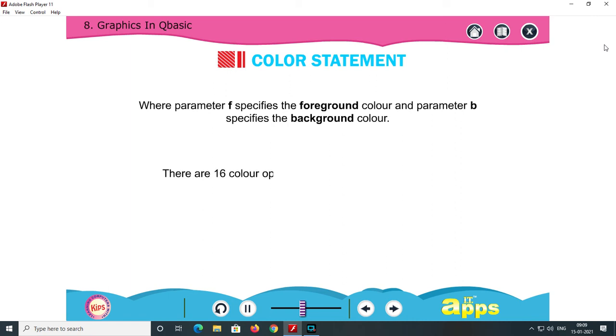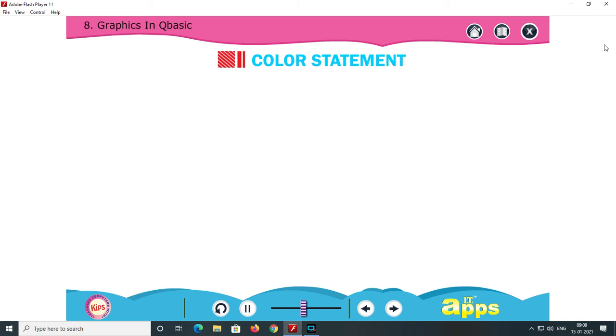There are 16 color options for background and foreground color specified by the value 0 to 15. Now, let's look at the color chart.